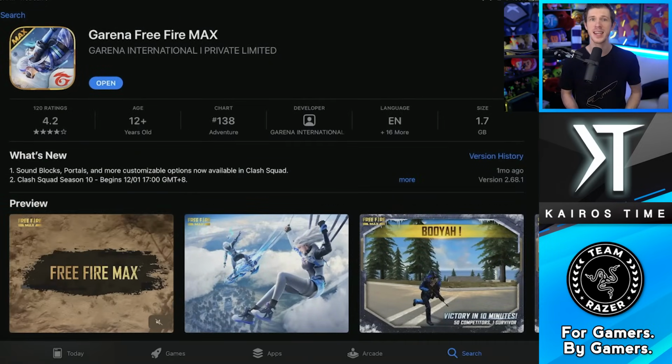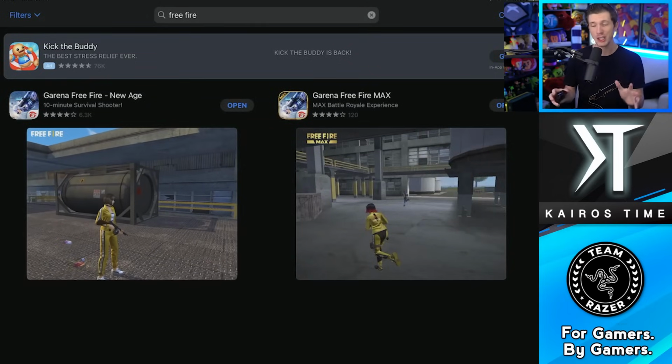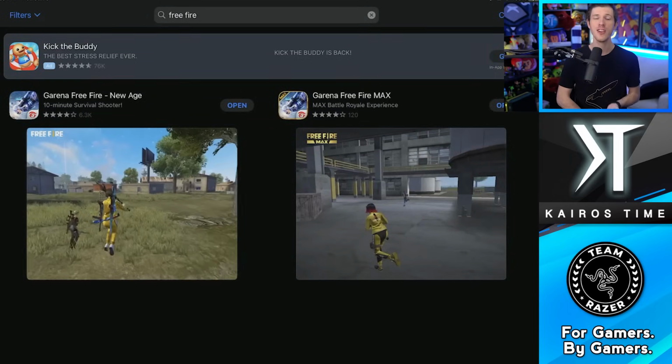like a lobby customization and Craftland, which I'm going to cover in a whole other video because it's awesome, but I'm just a huge fan of how Free Fire Max actually looks, and you can download the standard